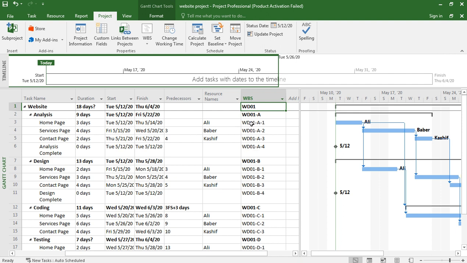And for the WBS, if we go here and add WBS, okay, this is the WBS. You see A1, A2, A3, A4, WD01, each with a two-digit number and a capital letter. This is WD01, this is W0A, this is B, this is C.